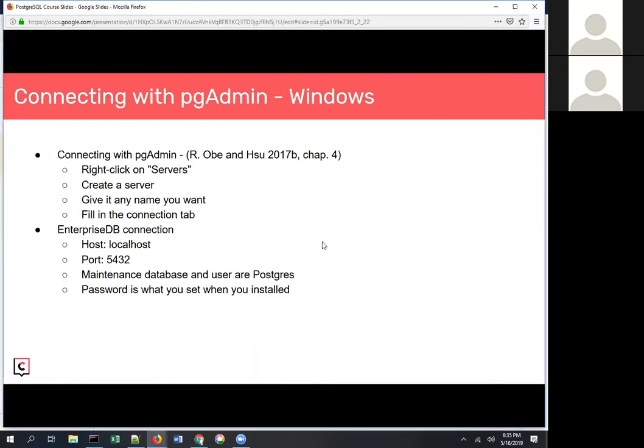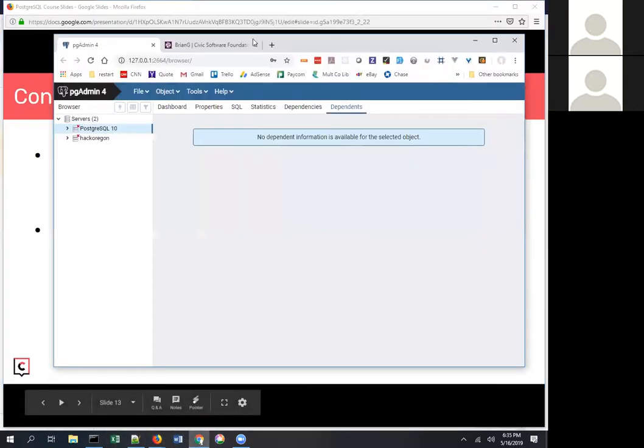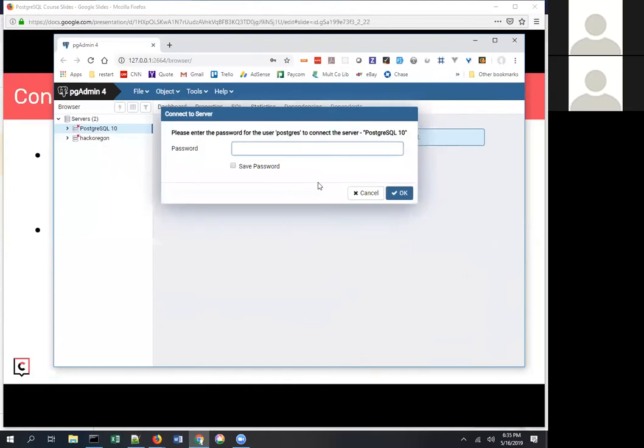So connecting with PgAdmin in Windows is relatively simple. I'm going to show two different ways to connect. In the browser, you can just right-click and connect on the server, and it's going to ask for the password. And in